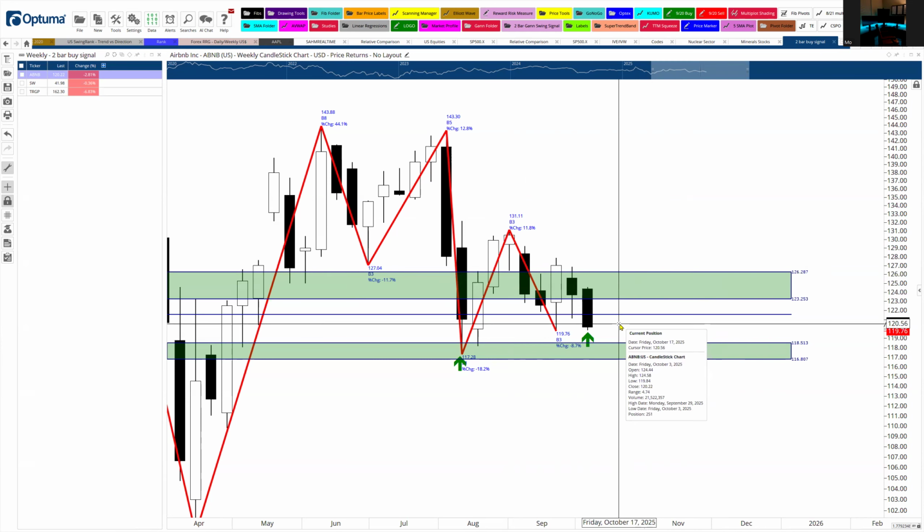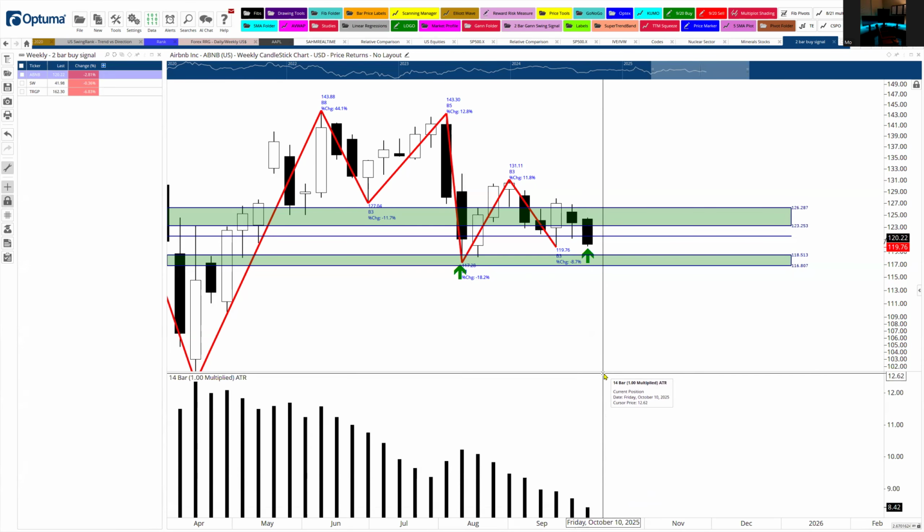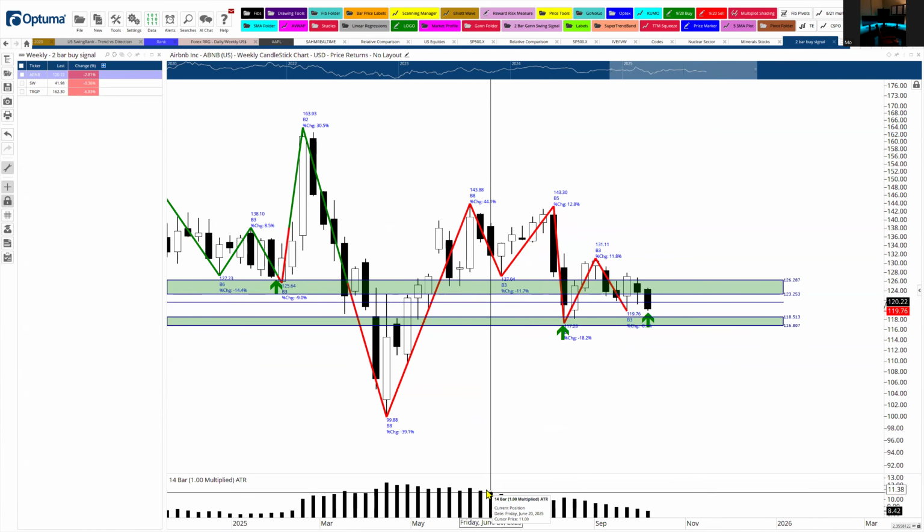So yeah, the ATR, let me see. 8 point. This is declining quite a bit. 8.42. Yeah, it's just ATR. This thing is going to move one of these. You see how high the ATR was? This move happened. It's a 44% move. And then you have a